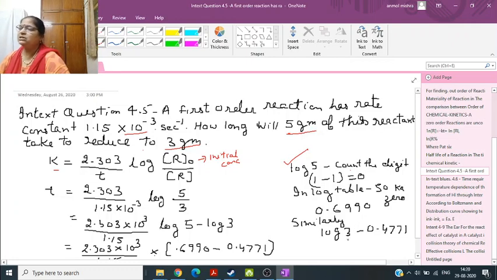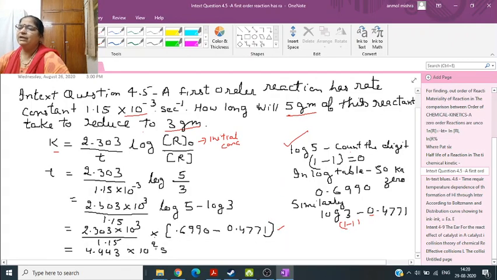Similarly, we will find out the log value of log 3. Count the digit is 1, so 1 minus 1, so here it is 0, and then 30 ka 0 if you will see in the log table, then it is 4771. So we have substituted the value here, and when we will calculate, we will get the value, that is 4.443 into 10 to the power 2 seconds. Next is